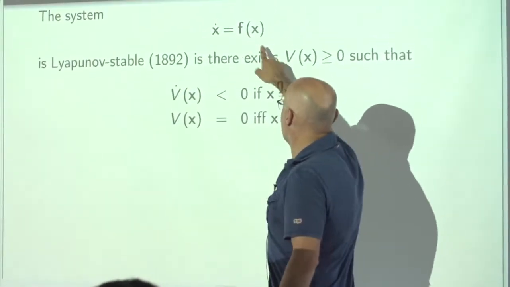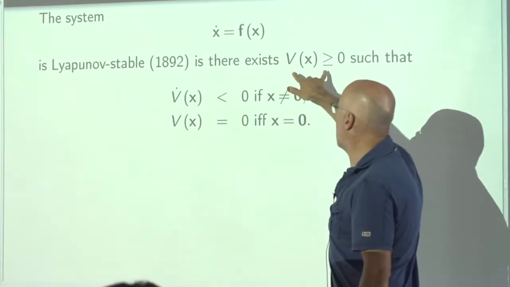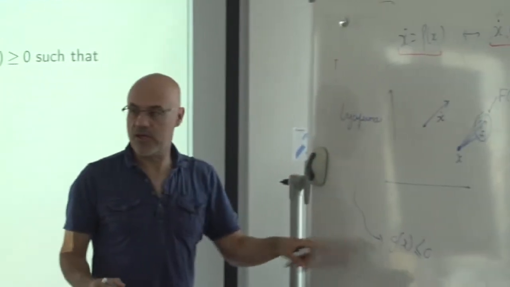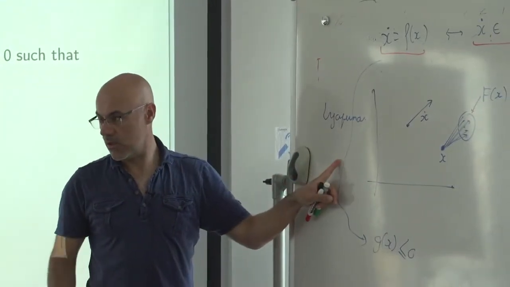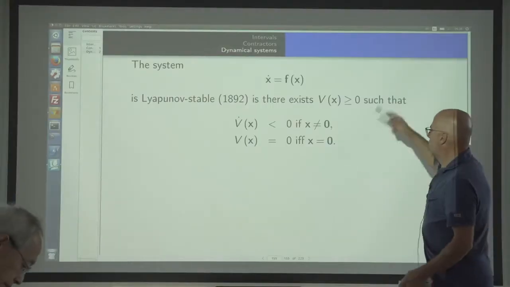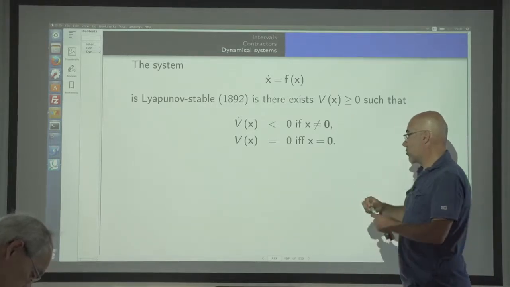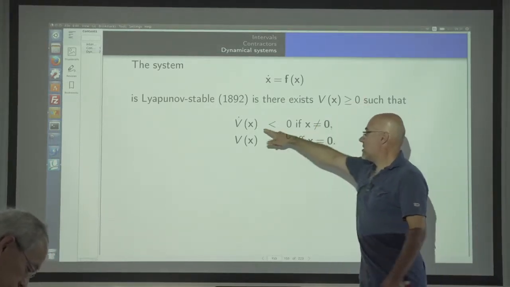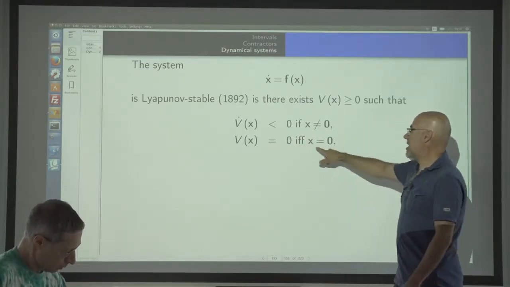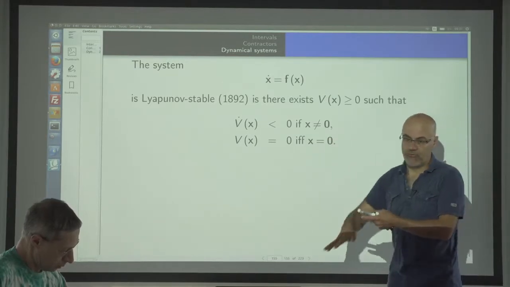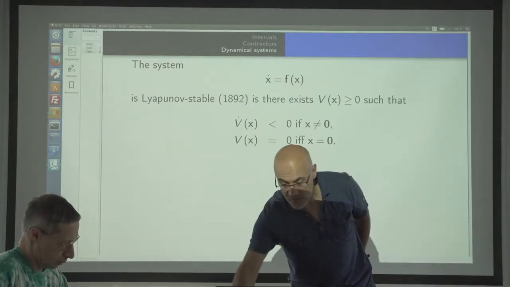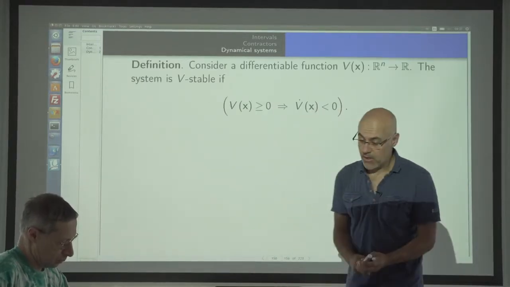First, you need to find some kind of Lyapunov function, which is not easy to find. It means you can go from here to here, but you need intuition. Without intuition, you can use a solver which does it automatically. You have some kind of energy function, which tells you that if this energy function is always negative, except when you are at 0, you will converge to 0. We use some kind of similar approach.